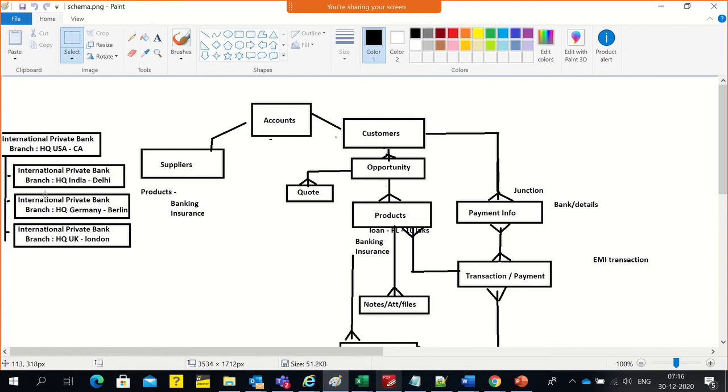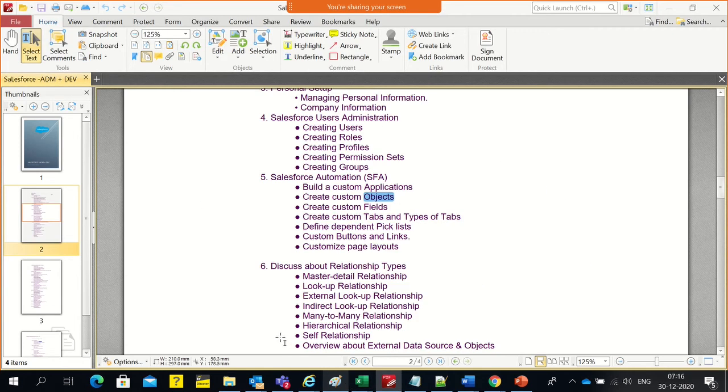So what I'm trying to say is, these are also accounts where there are suppliers. Suppliers can also have independent products, and they also introduce banking and insurance. Now, an account can have two types: a type of suppliers or a type of customers, because it can be a B2B scenario or a B2C scenario. We're talking about this because this is the application that we're going to demonstrate as a project